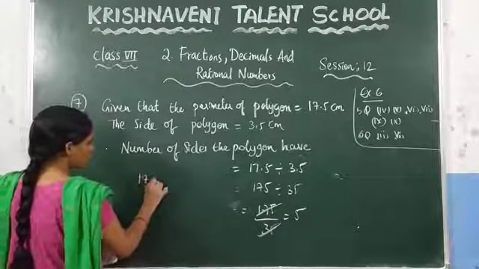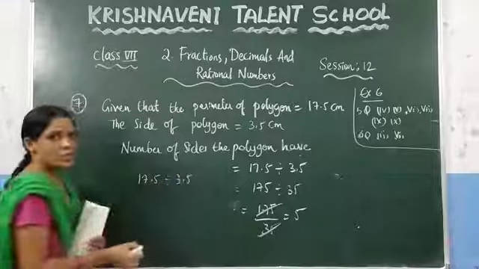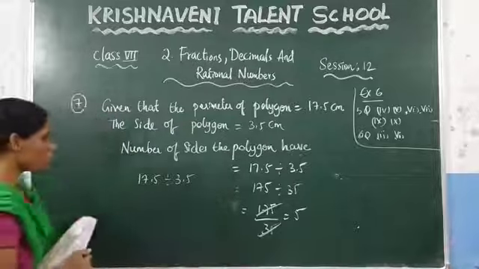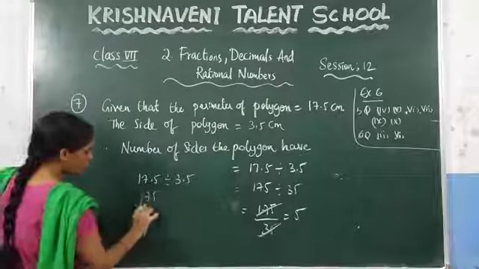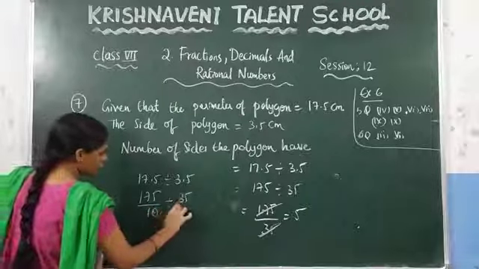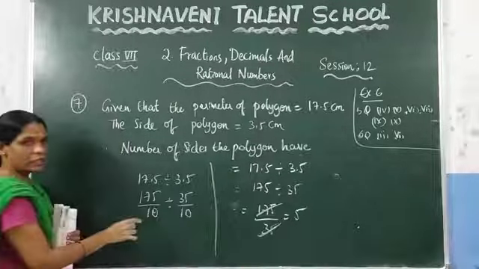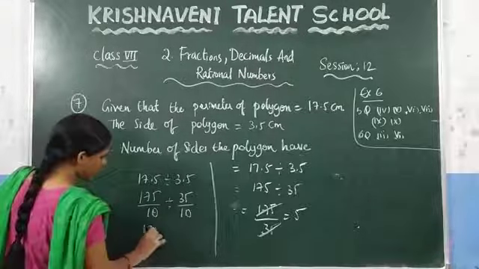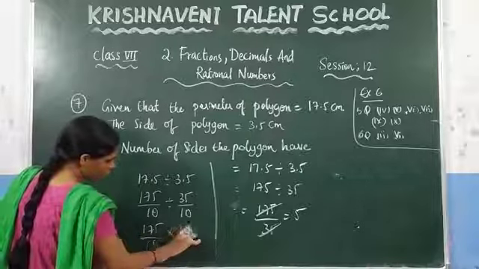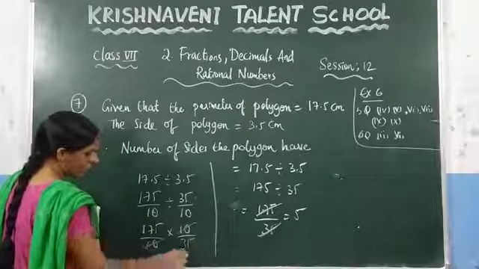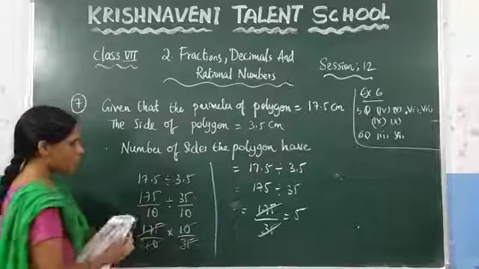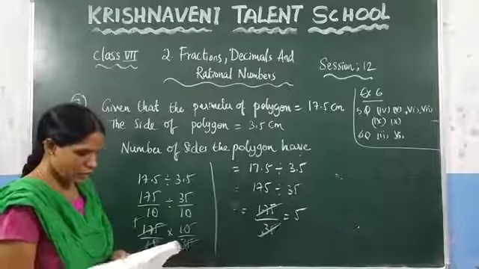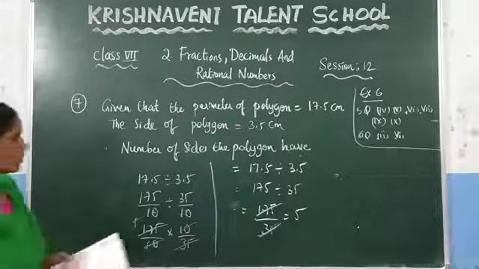How to solve 17.5 divided by 3.5? After doing this one, you can observe that this is a small method. You can write this one as 175 by 10 divided by 35 by 10. And again, if you change into multiplication, you need to write the reciprocal. So write it here 175 by 10 into 10 by 35. So here this 10 will get cancelled. 35 ones, 35 5s, which gives you 5. Thus, you can use any of these methods for the calculation. Now see here the last problem in this exercise.